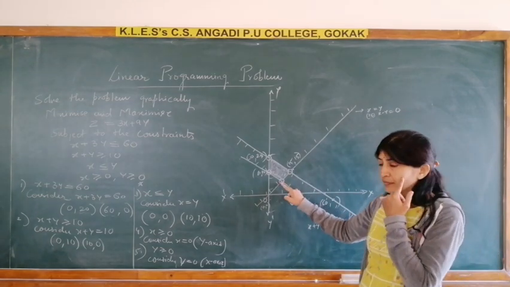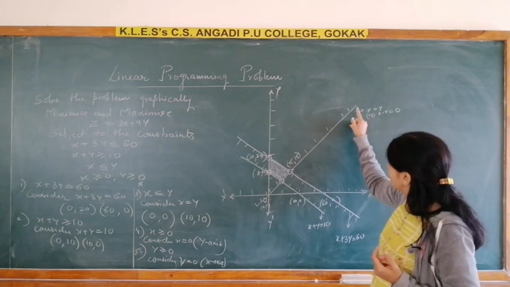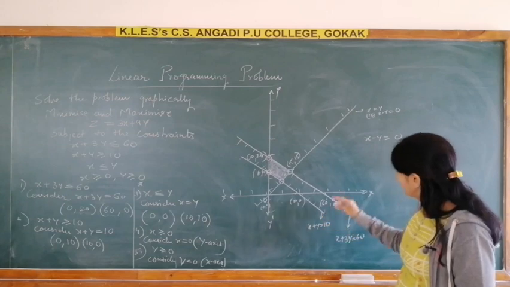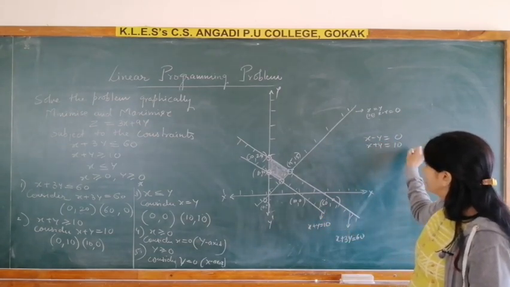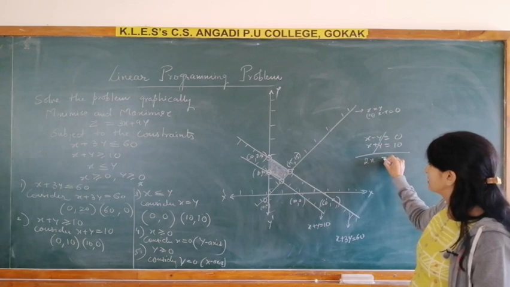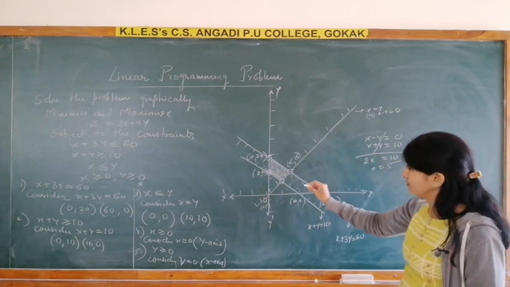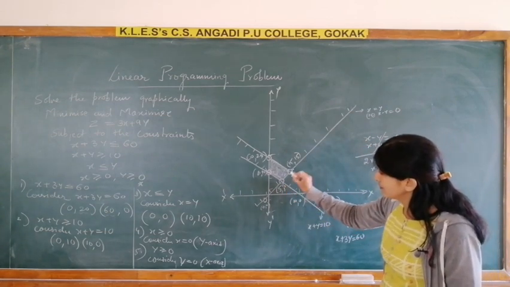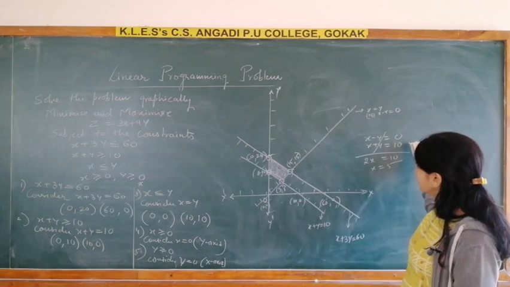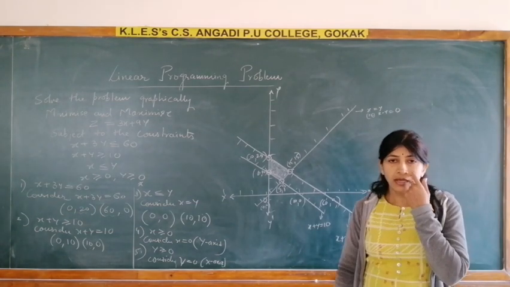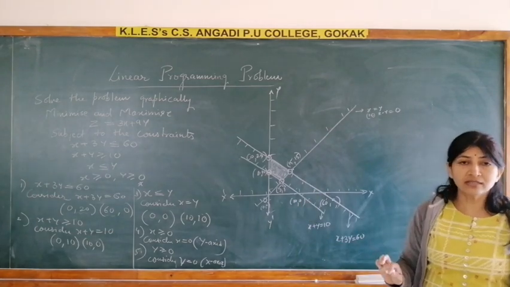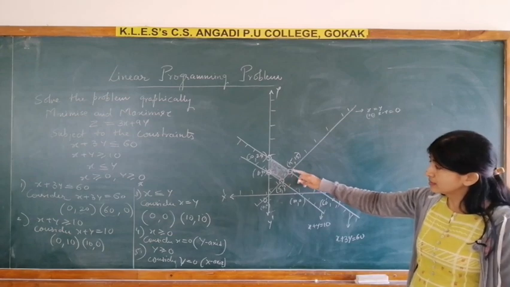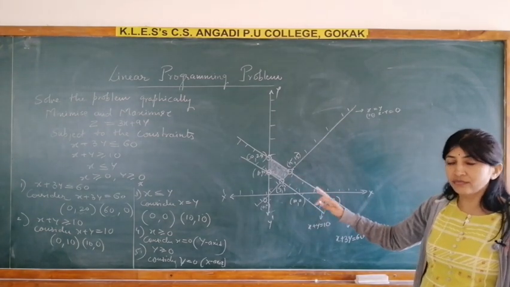Now come to this one. This is the point of intersection of this line x minus y is equal to 0 and this line. So what is the equation of this line? x plus y is equal to 10. So no need to change the sign. 2x is equal to 10, x is equal to 5. So x we got here 5. When x is 5, y is also 5. So we got the coordinates of these two. I hope you understood how to find the coordinates when they are not known. Solve those two equations. See that this is the point of intersection of which two lines. Solve it and get the answer.